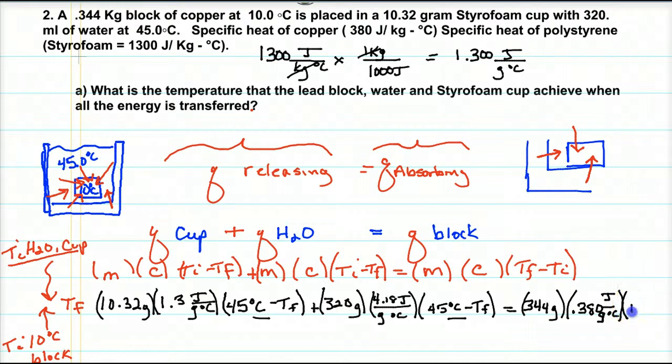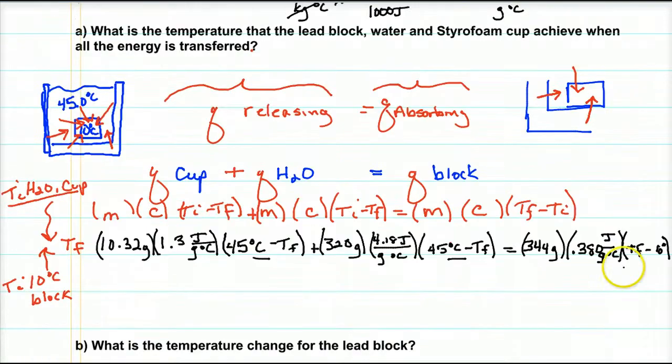My TF is what I'm solving for, and that's minus whatever the temperature was for the block, I'm sorry, because we're going to the block, is 10 degrees Celsius. Okay, and there is my setup, and the setup is done. Now it's just math. Now I got my calculator with me. So 10.32 times 1.3 times 45 is